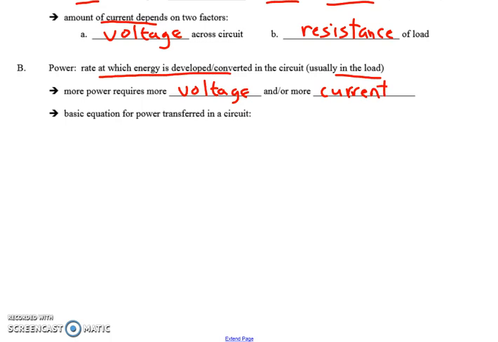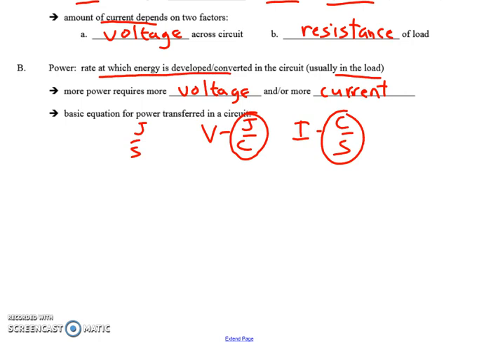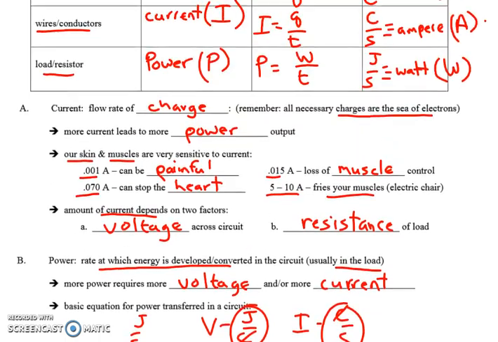Well, let's look at the units. The units of power are joules per second. We know that voltage has units of joules per coulomb, and we know that current has units of coulombs per second. So I don't think it takes too much to figure out that if I have some combination of these 2 measurements that gives me joules per second, what would I have to do mathematically? Well, if I multiply them, I see that the coulombs cancel out, leaving joules per second. So what that tells us then,